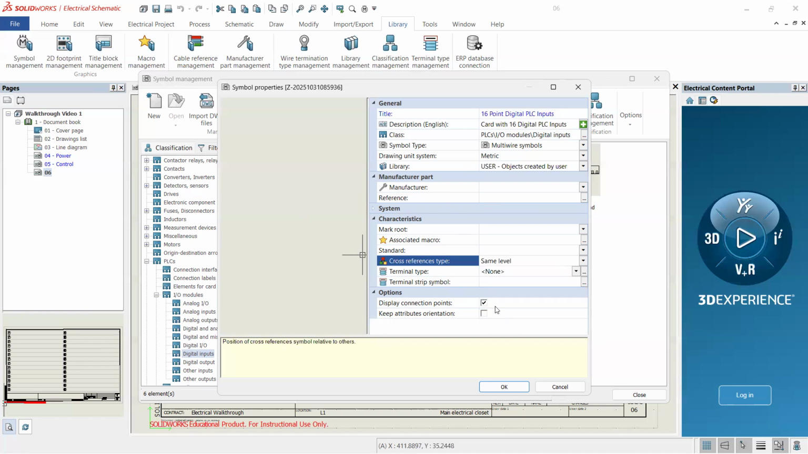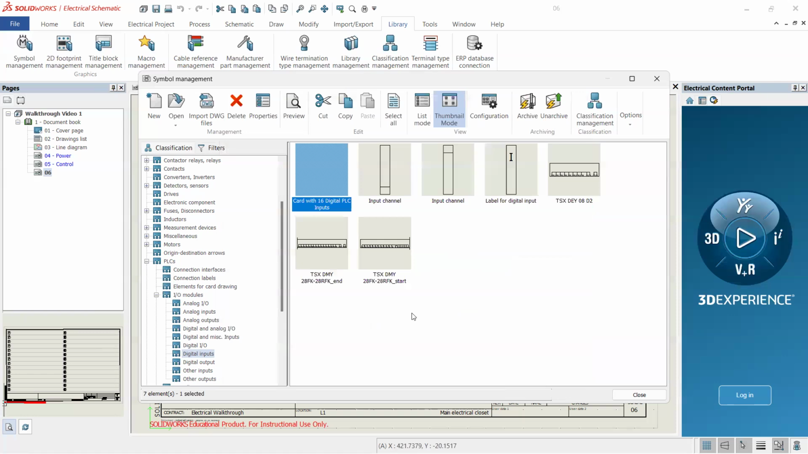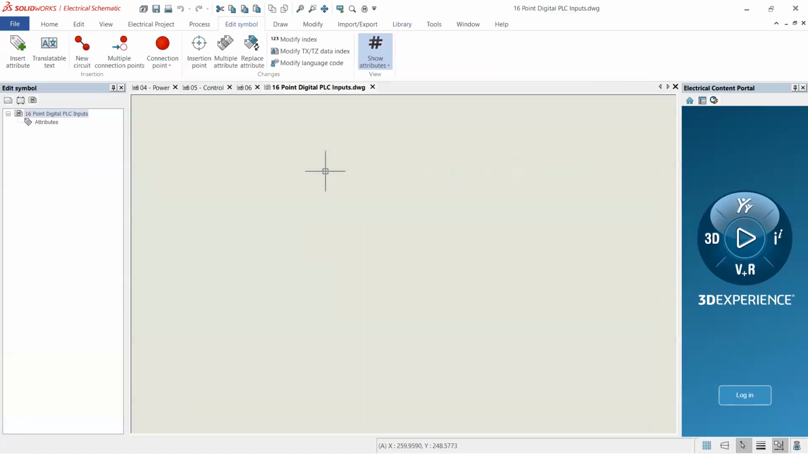Probably, well, let's do same level. Different cross reference types give us different things. Now the cross references won't actually show up unless we tell them to in the symbol. So it's okay to set it here even if you don't want them. You just don't put them in the symbol. But click OK, and I'll be met with a blank part here that I can double click, and I'm now